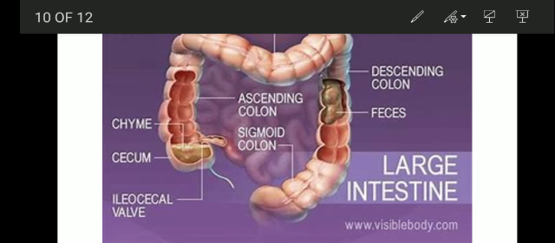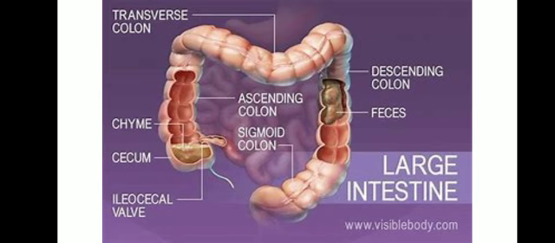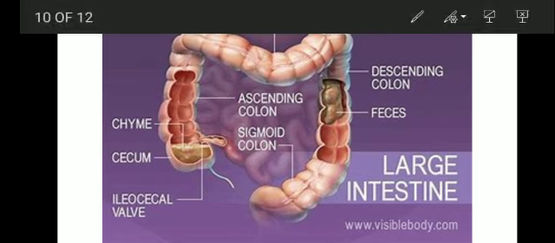The first part we call the cecum. Cecum is a very small part. In this place there is a worm-like structure, which we call the vermiform appendix. It is a vestigial organ, a functionless organ for us. Okay? But in other animals,